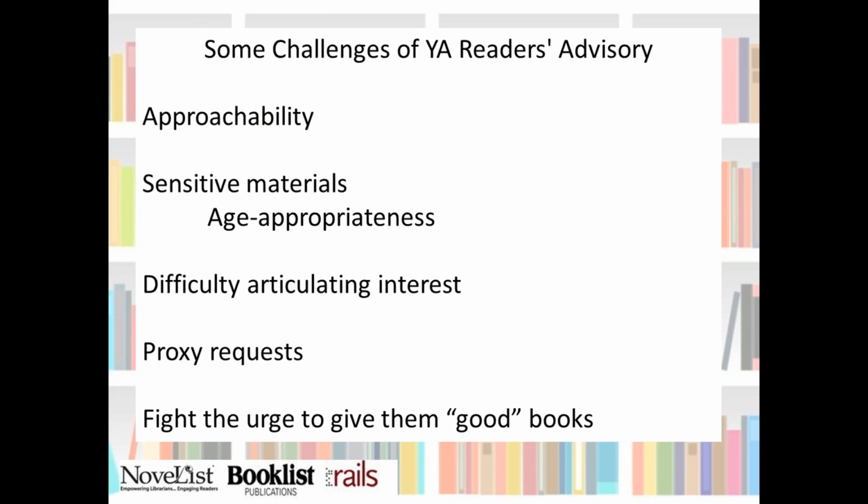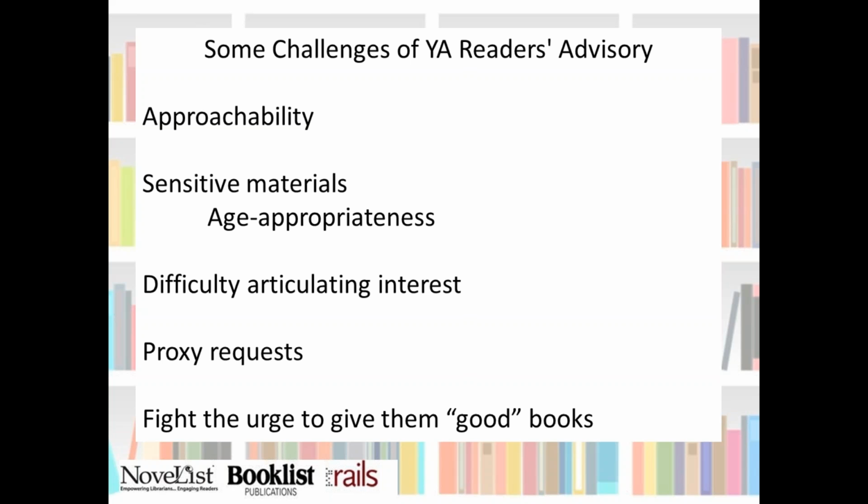A 6th grader on average has a different reading level than a junior in high school. So it might be that the language is too much for them or the comprehension level is not there. It might not necessarily be that the situations are not appropriate for their age. So these are tricky things to keep in the back of your head when you're talking about young adult books: how do you approach that sort of thing, and what materials do you have on the shelves that you're familiar with, that you know how to do that age appropriately?